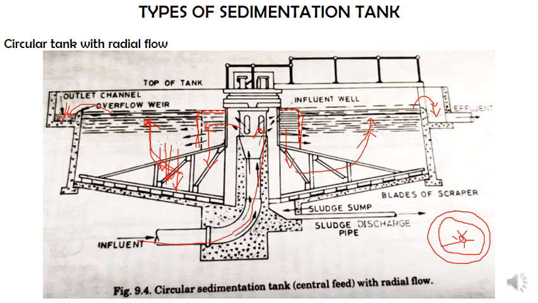So basically what will happen, the water is coming something like this. This is the inlet, and once it reaches over here, again throughout this entire periphery, the clear water will be collected in these, and at one point of time there will be a pipe where all this water which has been collected in this peripheral channel will be taken to the next unit. So this is regarding the circular tank.